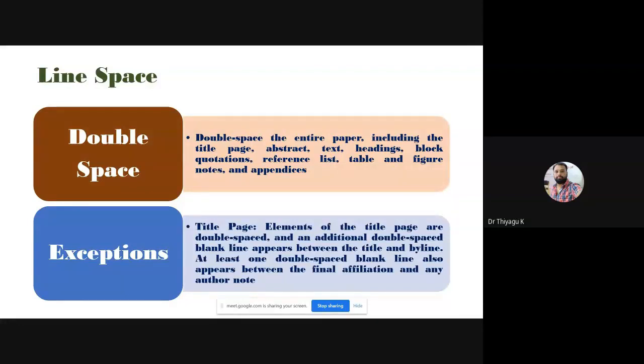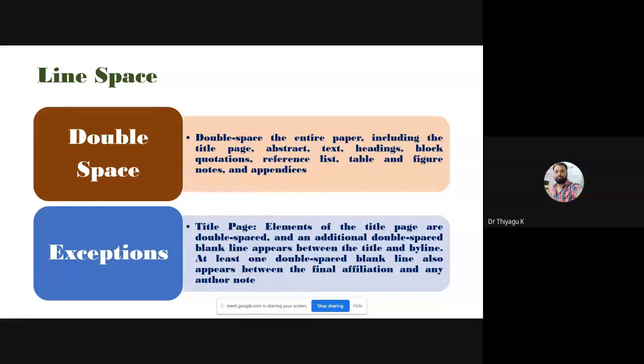You can go with 8 to 12. That much flexibility they're providing. That is not an issue. But the body content should be the same size. If you want to go with a larger font for the heading, that is not an issue. But the entire body of the content should be the same. That we have to ensure.